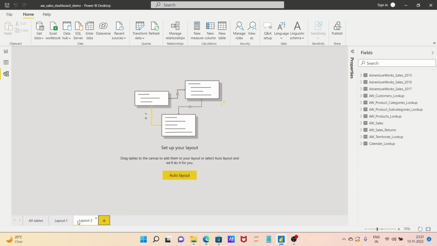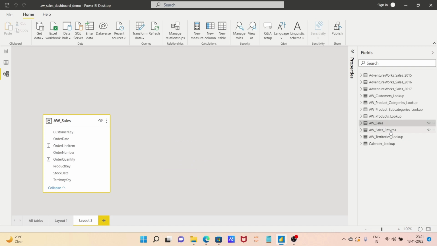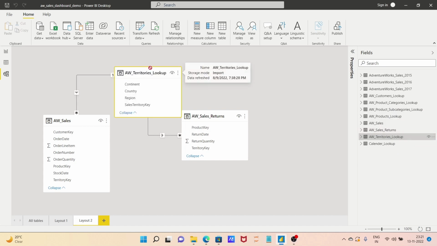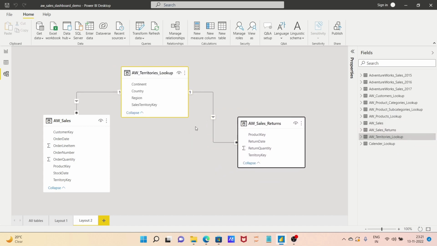You can also create a new layout. All you need to do is click on this plus button. Then I want this sales data. I want the sales return data. And then what I want is the territories key. So if I take this, now you will see that whatever the relationship was between these three tables are now